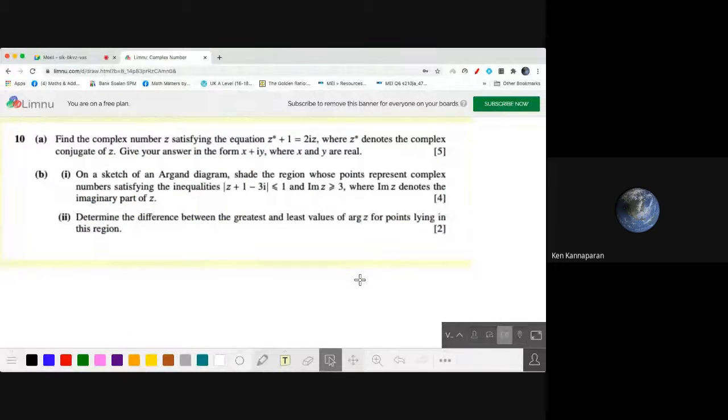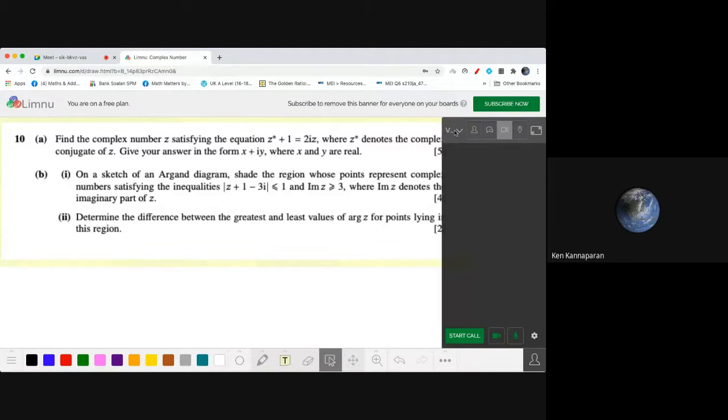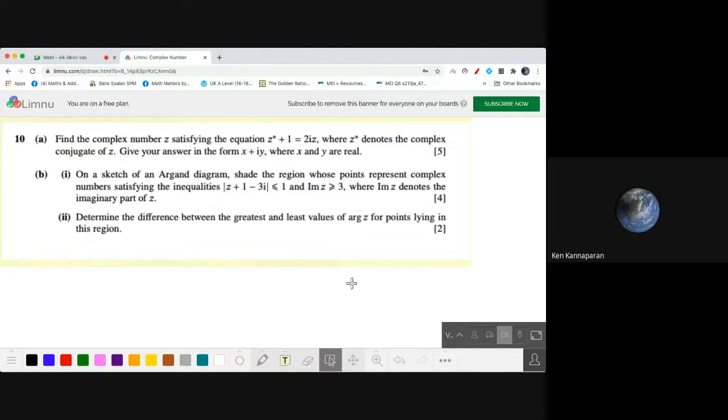Okay, next, this is involving Argand diagram, so I think it's important, so please pay attention. Again, if you are not sure, you ask me, okay, but I'll try to show you everything as easy as possible, make it as easy as possible for you to understand. Okay, find the complex number z satisfying the equation